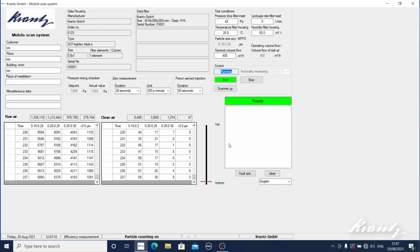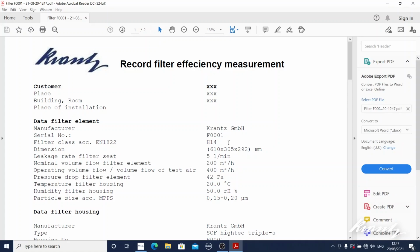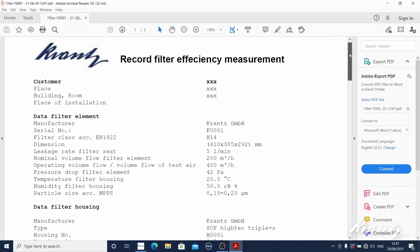So now the scanner bar is approaching the bottom of the filter, and when it does reach the bottom, there's a limit switch built into the unit which will end the test, and the bar will then return back to the top position. When that happens, the system will automatically generate an efficiency record or result, which will become your report to prove that that filter is done. I've not intervened with that whatsoever, fully automated. And if I just scroll down